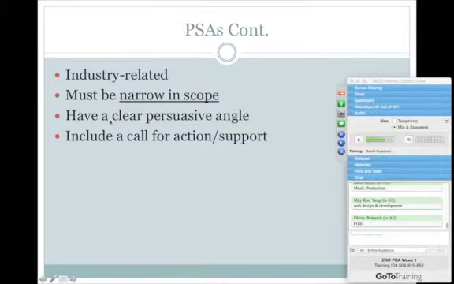You need to remember that public service announcements are persuasive, right? So those anti-smoking announcements, they're trying to persuade people to stop smoking. Smokey the Bear is trying to persuade you to be responsible and not contribute to forest fires. And that persuasion is what I call a call for action or a call for support. Yes, you're educating a specific audience about an important issue, but you're not just stopping there, okay? Because then that would just be purely informational. And while that's important, a public service announcement ultimately goes one step farther and encourages actual action, okay? So stop smoking. Don't start forest fires. You're going to do the same thing, but it needs to be industry related.